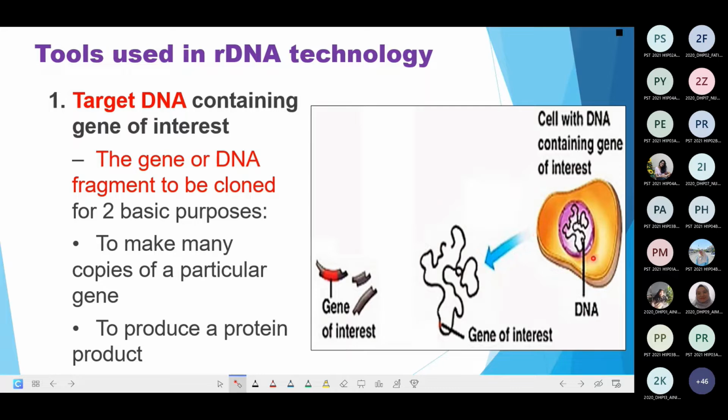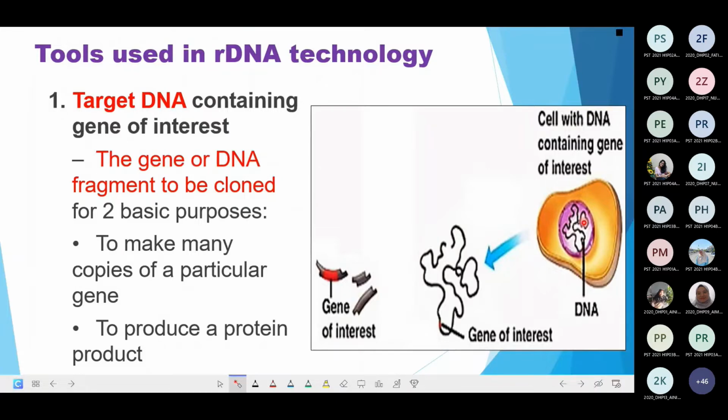This target DNA is a special DNA molecule. Why? Because that is where we can find the gene of interest. The gene of interest is the gene that we would like to study, the gene or the DNA fragment that we would like to clone, to make into many copies. We are interested in only one gene. In this long DNA molecule, of course, there will be many genes,